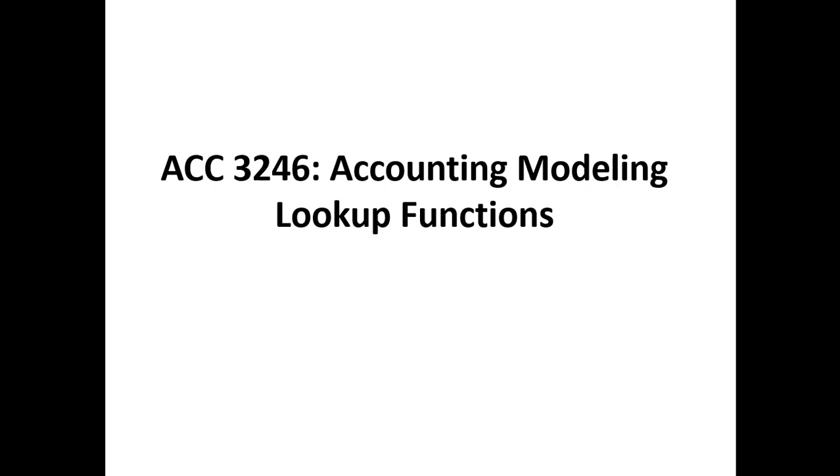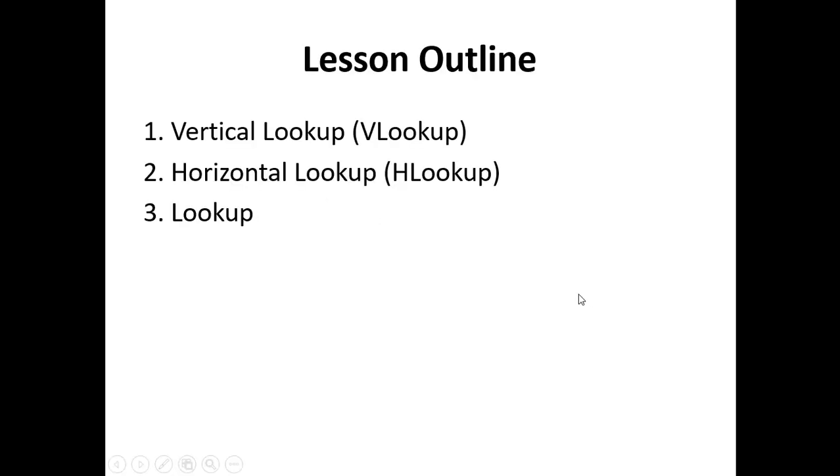In our discussion, basically we are going to focus on the three main lookup functions: vertical lookup, which we normally call the VLOOKUP function, horizontal lookup, which is called the HLOOKUP function, and the basic lookup function. Depending on the tables you are going to receive to generate the information, you should use either VLOOKUP or HLOOKUP. Sometimes you may need to generate information from vertical format tables. Sometimes you may need to extract the information from the horizontal type of table.